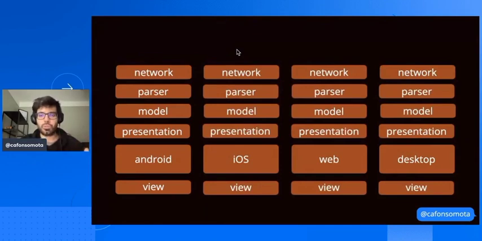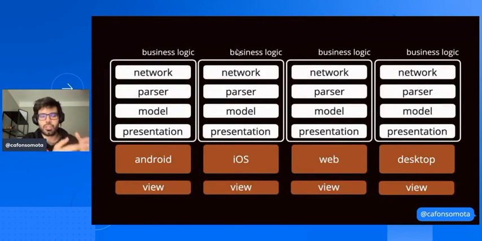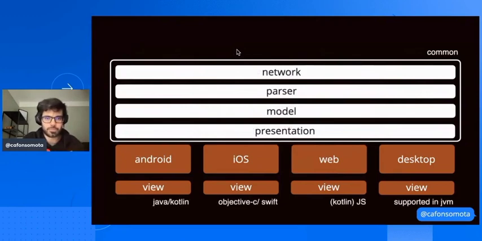So what we want to do is, instead of rewriting your library, your business logic over and over again, we want to share everything and write it only once. Instead of doing things on Android with Retrofit and on iOS with Alamofire, I want to do it once and have it available on all of these platforms. Of course, you're always going to have code that needs to be platform specific. And don't worry, because Kotlin Multiplatform has got you covered.